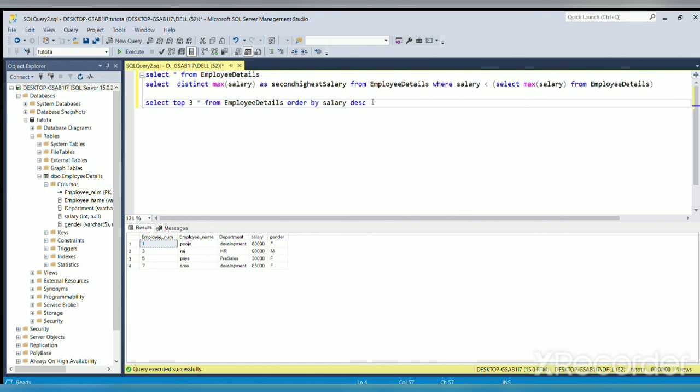Now it will display the top 3 employee salary details. See, the highest salary is 90,000, next 85,000 and 85,000.